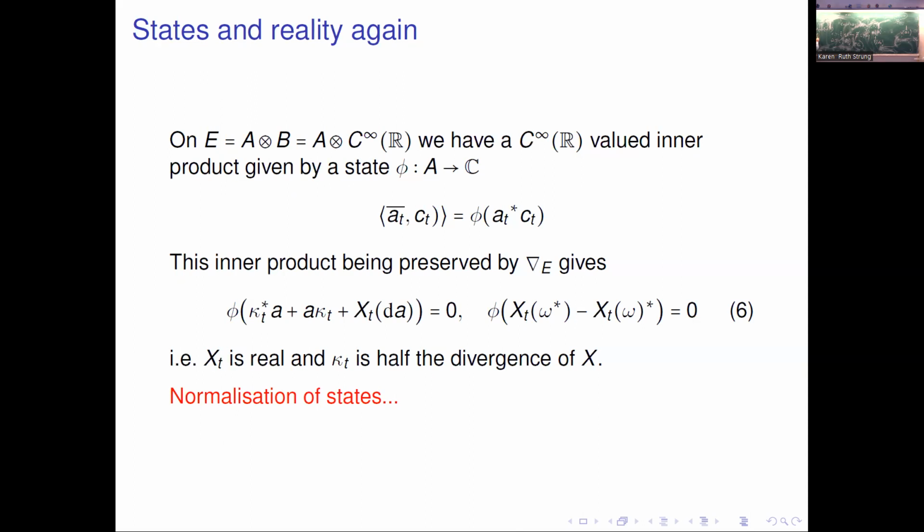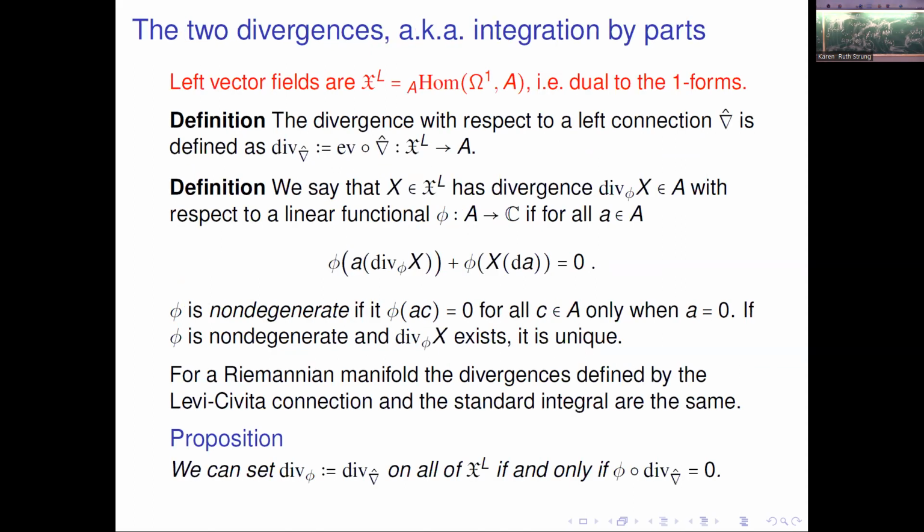going to have a reference state on A, which for a Hopf algebra in a moment is just going to be the Haar integral. But what I want to do is solve these conditions, and I'll need X to be real, and I will need kappa to be the divergence of X. Okay, so if we keep on following this, we're now forced to consider real vector fields and